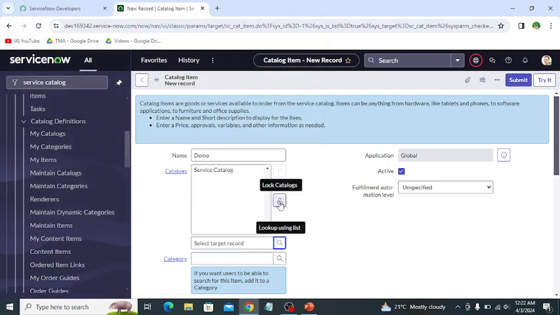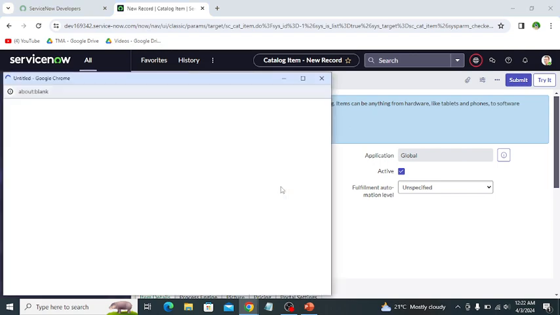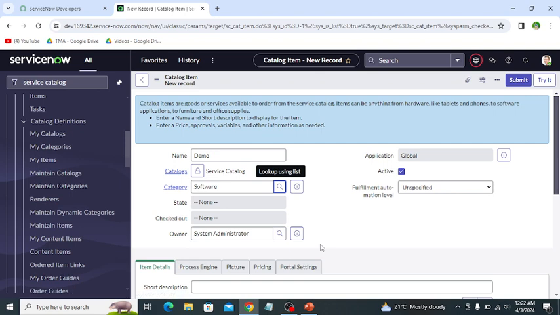Once we select the catalog, then the category field is also selectable. Like we select category as software. So this catalog item lies in the service catalog under the software category. The owner is system admin and the application is global because the selected application is global.